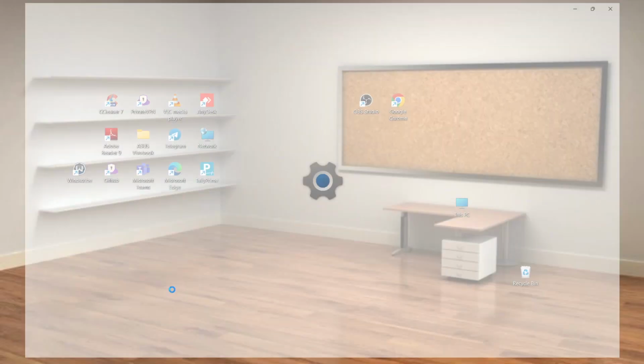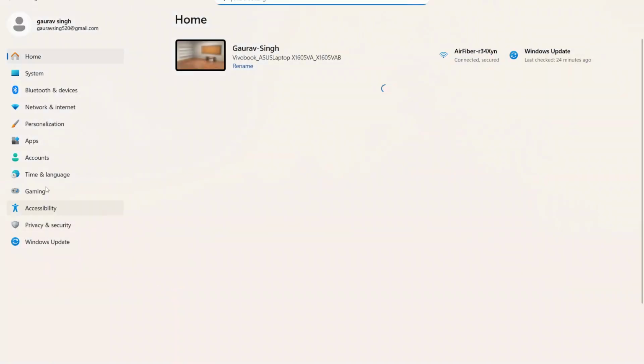First, if the DLL error is popping up when you try to use a particular application, the solution might be as simple as reinstalling the program that's causing the problem. We'll start by opening the Settings menu on your Windows 11